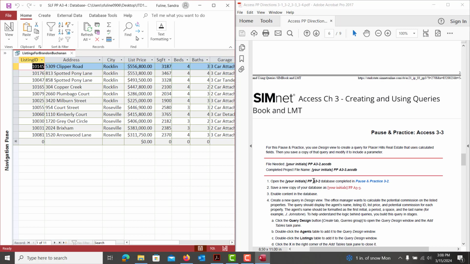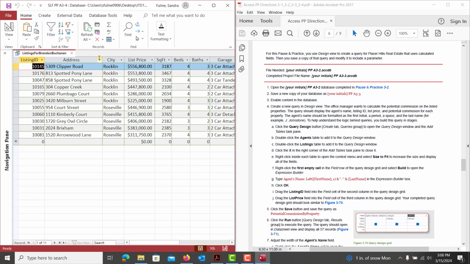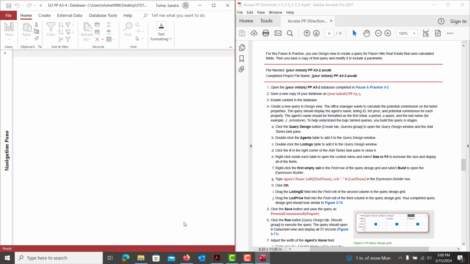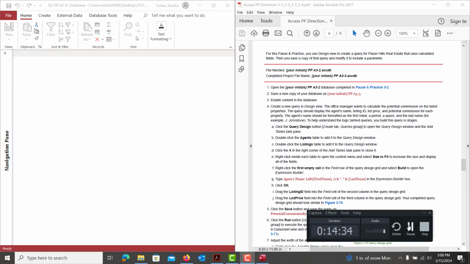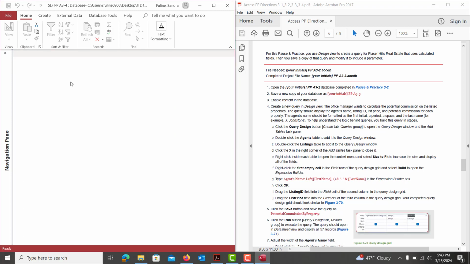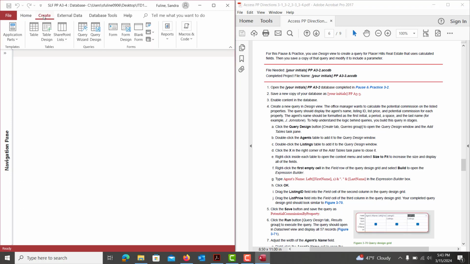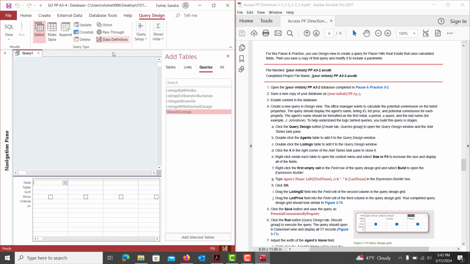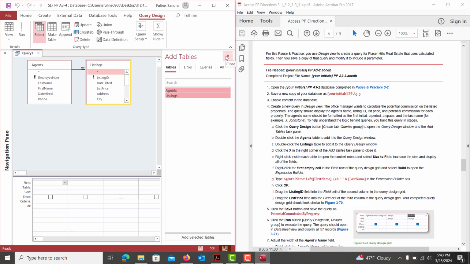That set of directions is done. We're moving on to 3.3 now. Our first step in this section is going to be to create another query. So we're going to hit create, go to query design, and again click on tables. We're adding both the agents and the listings tables, and we're going to hit add selected tables,